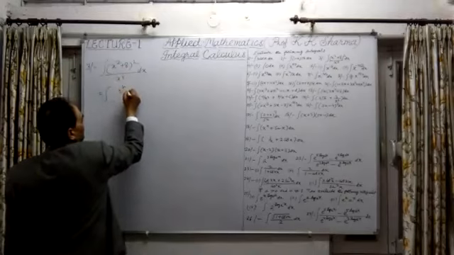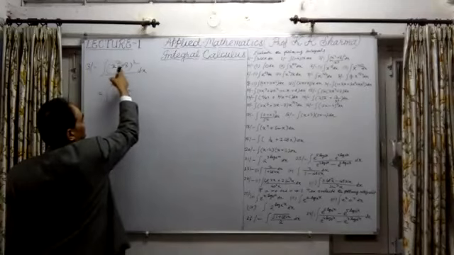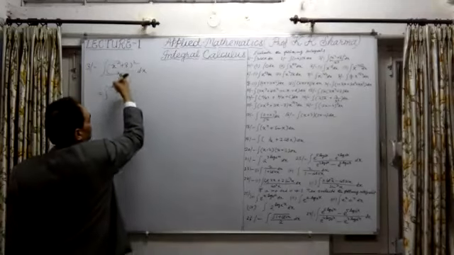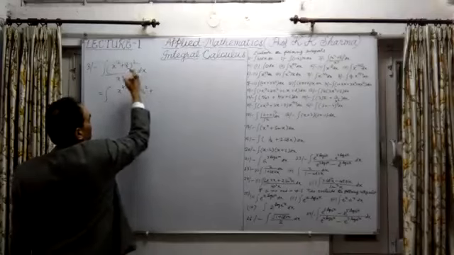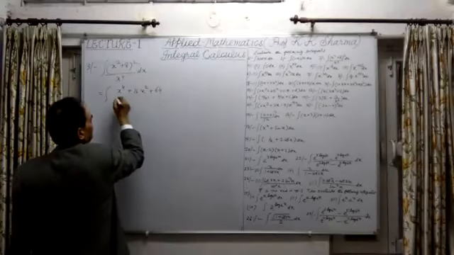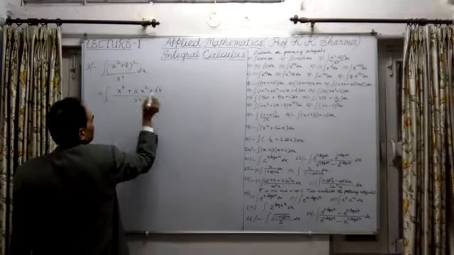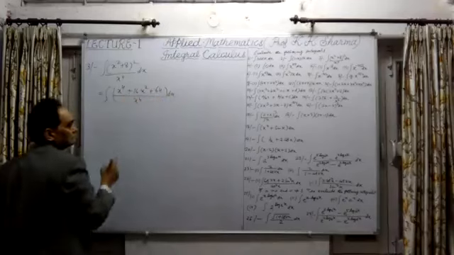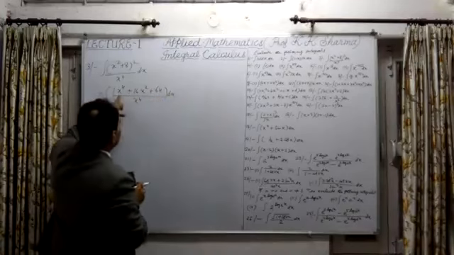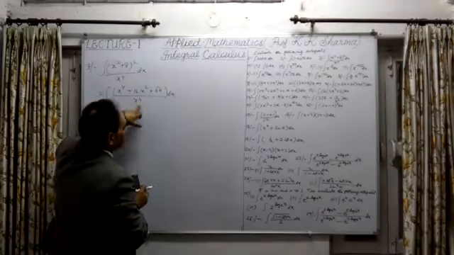This will be x^4 plus, because (a plus b) whole square is a square plus b square plus twice ab, so twice into 8 means 16 into x square, plus 8 square means 64, divided by x^4. So we can write, after dividing each term by x^4,